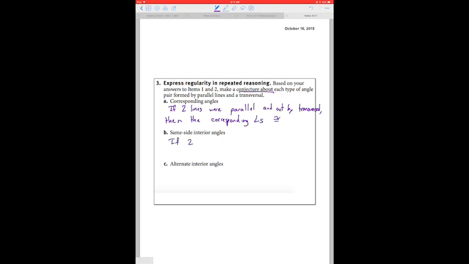Likewise, if we have two lines that are parallel and cut by a transversal,